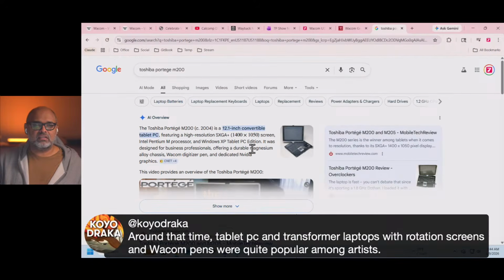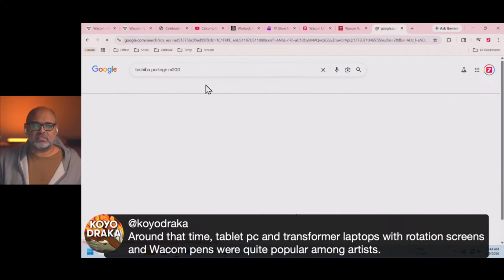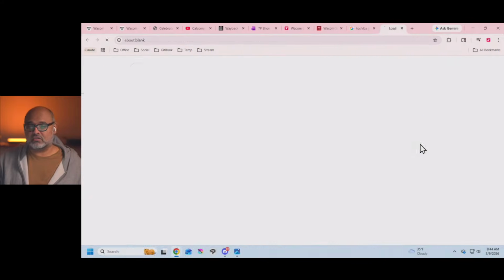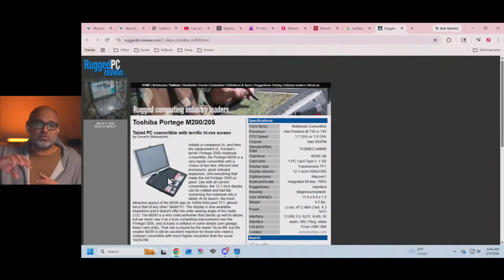This is what I had. Let's see if we can find an image of this. Right? I love this device. So the screen rotates, and you can fold it down to be a normal laptop, or fold it with the screen up, and it'll be like a Surface, right? I use this at work just at Microsoft so often.